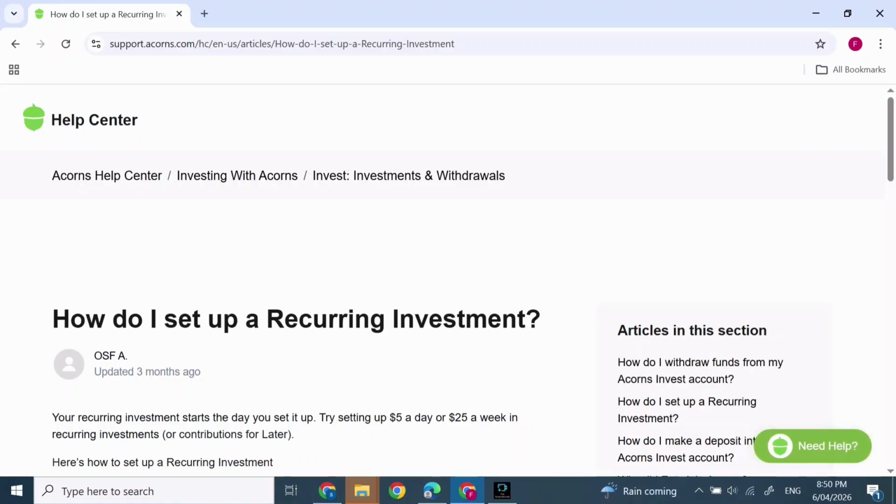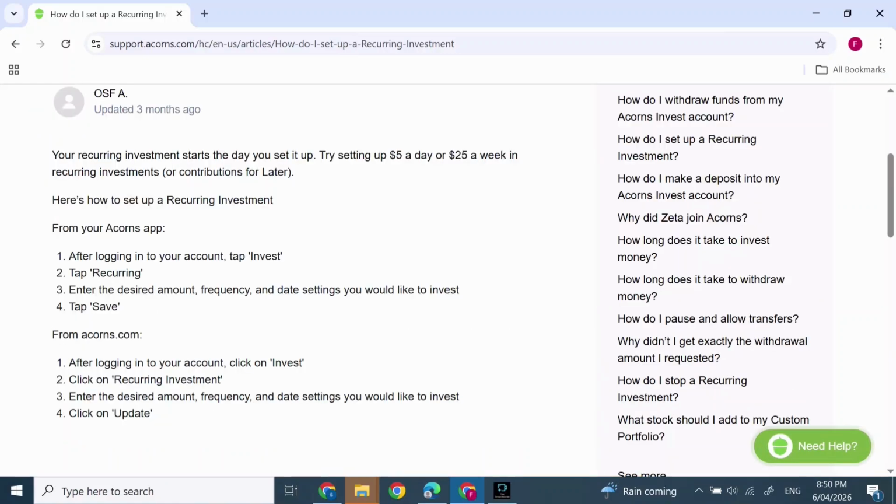To set up recurring investment, what you need to do is, if it's from the app, after logging into your account, tap on Invest, tap Recurring, enter the desired amount, frequency, and date settings you would like to invest, and press on Save. And if you're doing it from the website, after logging into your account, click on Invest, click on Recurring